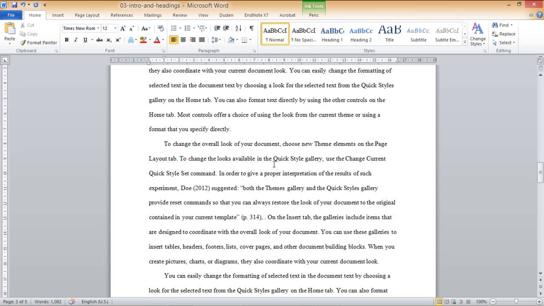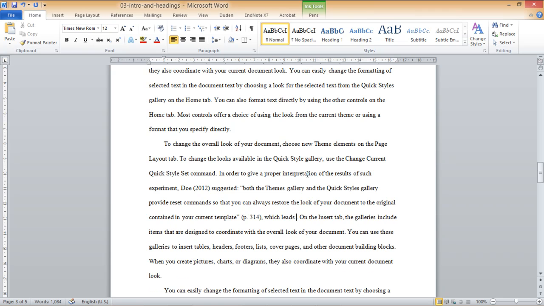Now we put a comma after that parenthesis and we continue with our own idea. So for example, we said in order to give a proper interpretation, blah blah blah. Then we said here, I don't know, which leads to blah blah blah, and a period here. That's one way to use quotation.